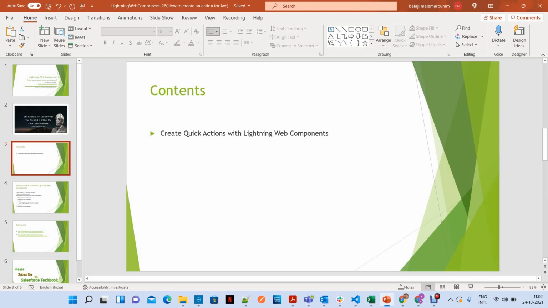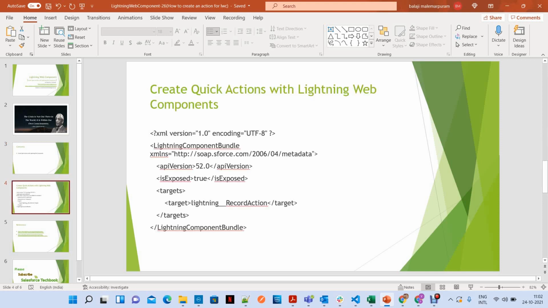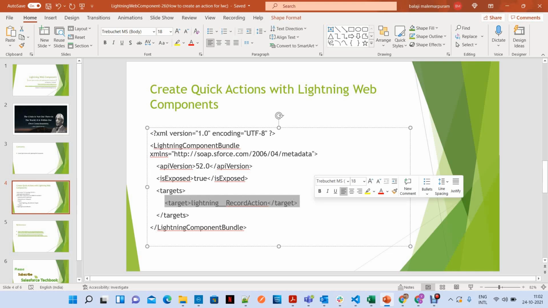To expose your Lightning web component for quick action, you just need to include a target called lightning__RecordAction in the meta file. For Aura, you have interfaces to expose your Aura component to different locations like record page, app page, home page and quick actions.